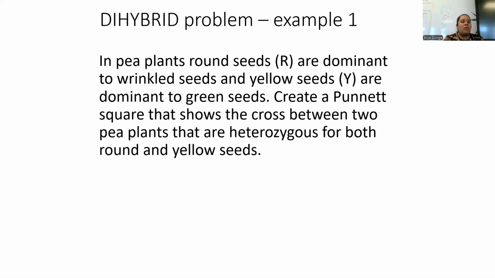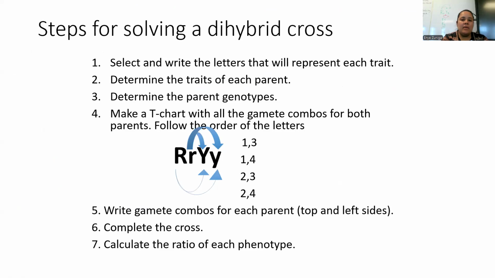Hey students, I want to go over an example of how to fill up a dihybrid Punnett square. These instructions are on the dihybrid crosses notes on the class notebook. So these are the steps on how to fill a dihybrid cross. We're going to go over all of those steps. I want you to note that step number 4 is a little different. What they're doing with step number 4 is they're getting the different combinations of gametes